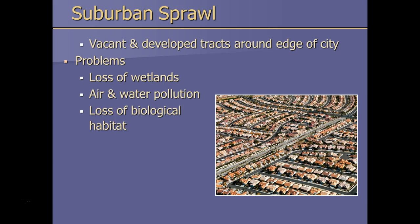What we're trying to do with a well thought out plan, being environmentally friendly, is not get suburban sprawl. Suburban sprawl